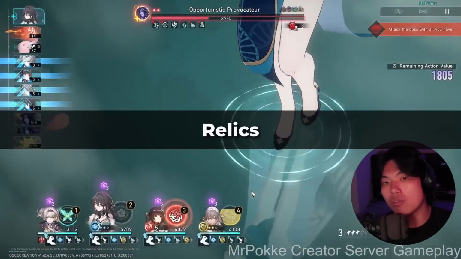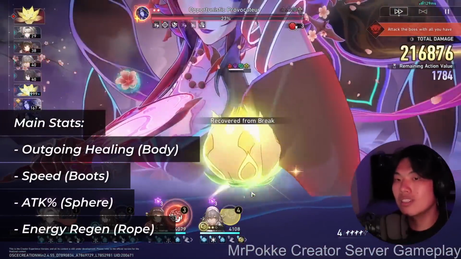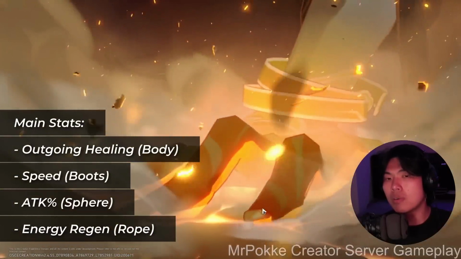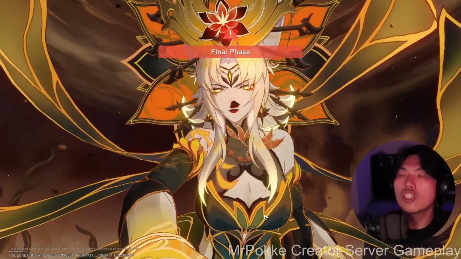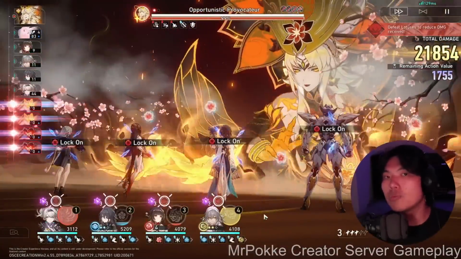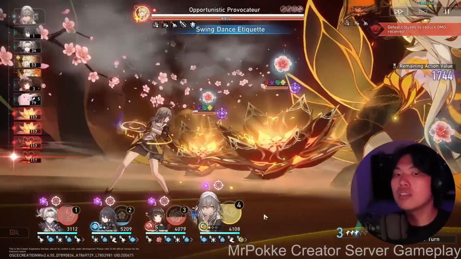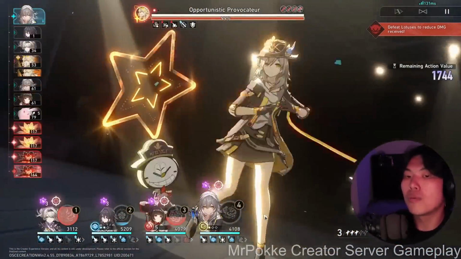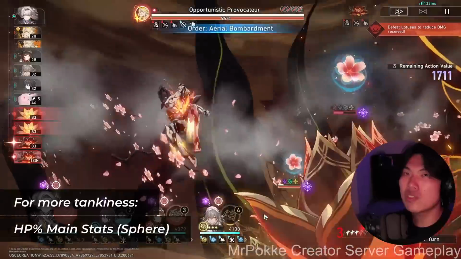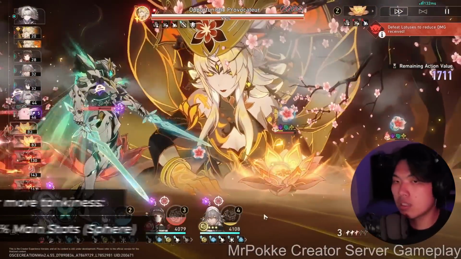And jumping into our Relic options, for our main stats it's pretty much going to be outgoing healing boost, speed boost, attack percentage sphere, as well as energy regeneration rope. So for these main stats we don't really have too much to talk about because each of them pretty much serves their purpose exactly. That being said, because Lingsha is an attack percentage scaling healer, her survivability can be lesser compared to HP scaling healers such as Bailu or Huohuo, and as such, she will want to run healing percent bonus as well as attack percentage on the sphere for maximum healing. If you want to give her even more comfort, you could consider running HP percentage just for a little bit of bulk to prevent one-shot scenarios in very difficult endgame content such as Divergent Universe, but